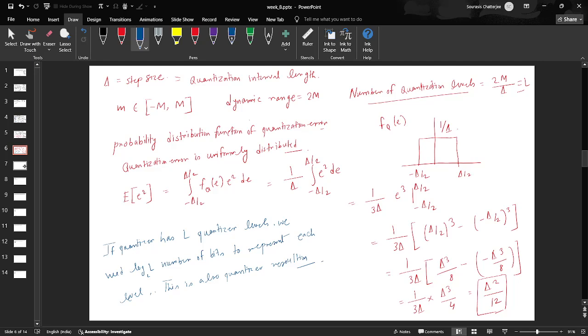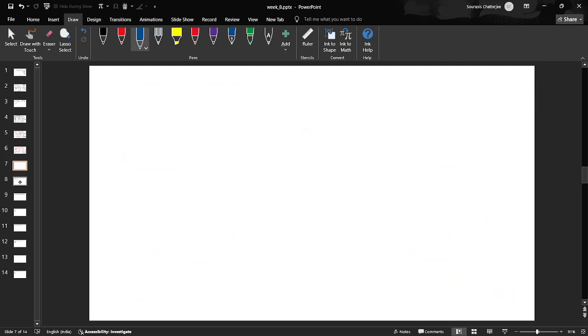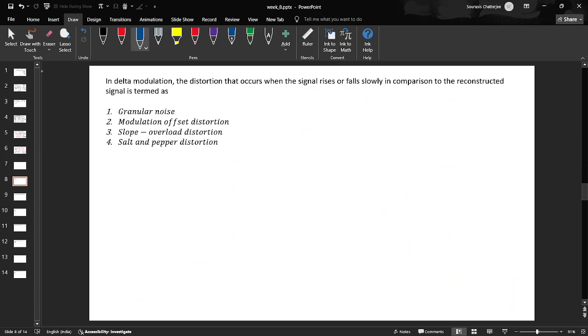Let us move to our next question. So this is about delta modulation. Delta modulation is kind of a quite interesting modulation, so we'll talk about that. So the question asks, in delta modulation, the distortion that is going to occur when the signal rises or falls slowly in comparison to the reconstructed signal, what do you term that particular distortion as? Is it granular noise,